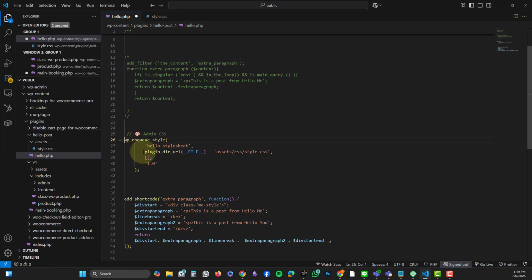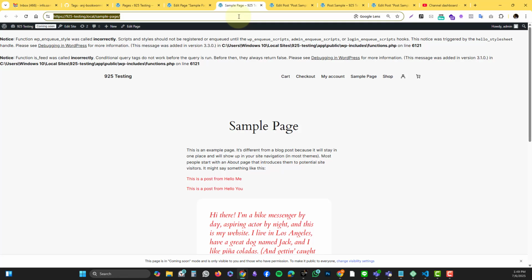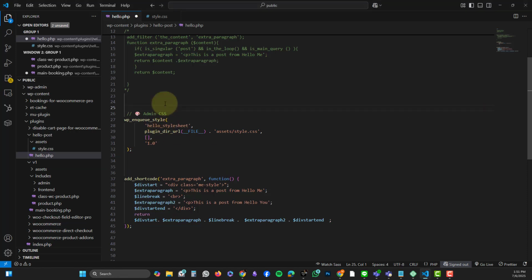Okay, and then plugin URL is in the assets folder, and then I just created a CSS folder, something like that. Then if we refresh the page, it should make the, okay. Oh, I have some issue. What it says is function was called incorrectly, there's something wrong. Let me just fix it. Okay, I have an error. Actually, you need to wrap it with an action hook, which is the WP enqueue script. So add action,